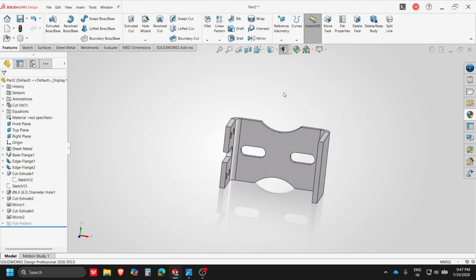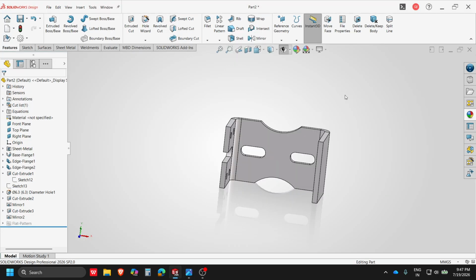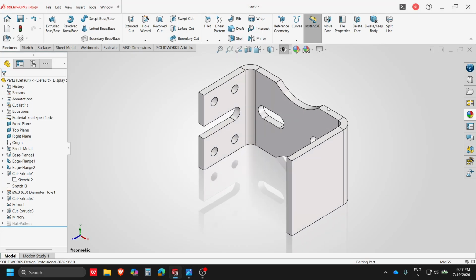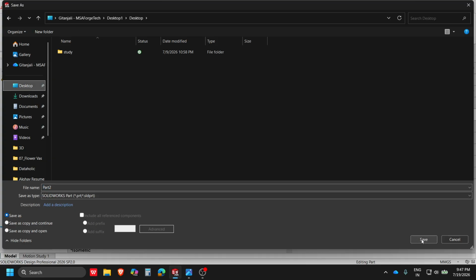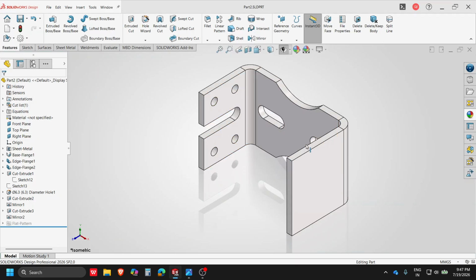So now we are going to draw these sections. First of all, we didn't save our part, so let's save it on the desktop. Okay, so this thing is done, this thing is also done. The remaining one is this portion. Okay, so as it is 30 mm, see this one's length is 60 mm, so let's